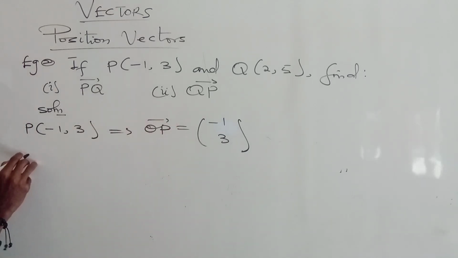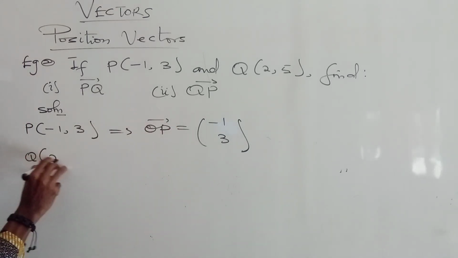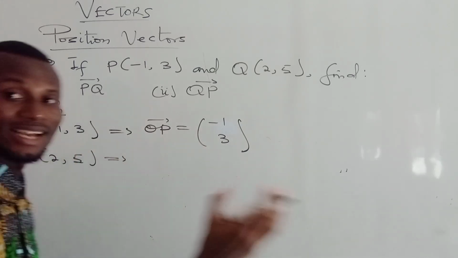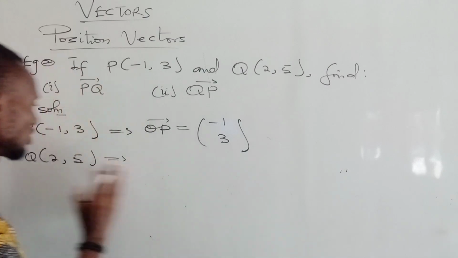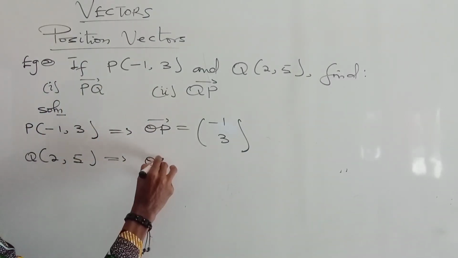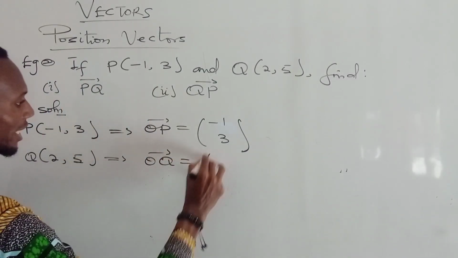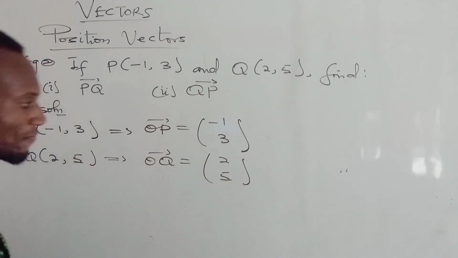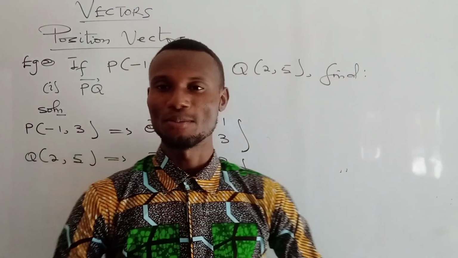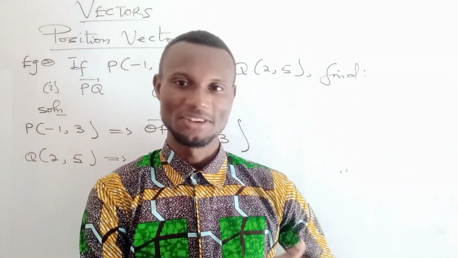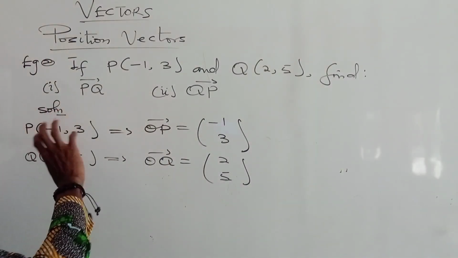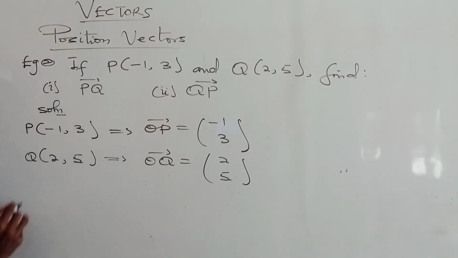Then we also have the point Q given to be 2, 5. This point Q, I'm going to write it as a position vector. So this will imply that I'll have my OQ vector. OQ will be equal to 2, 5. So that's the first step, expressing the given points as position vectors. Now the (i) part of the question says that we should find the vector PQ. So let's start with the (i). We have to find the vector